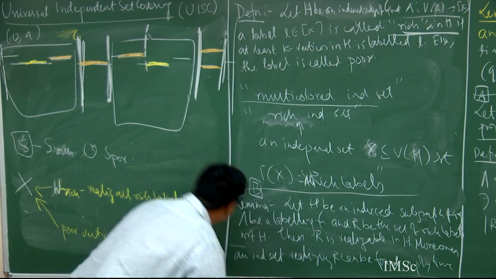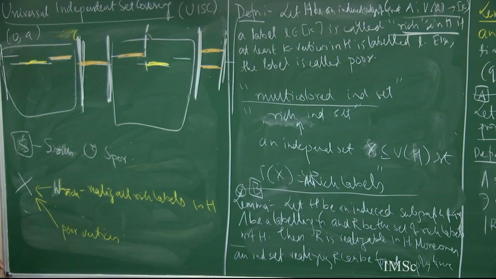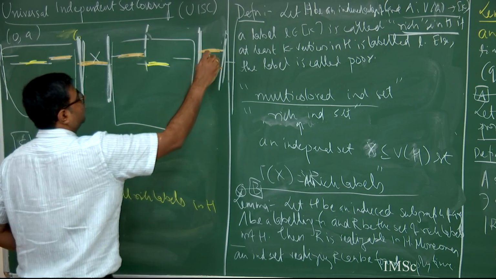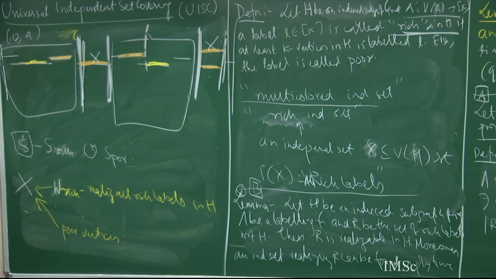But when I zoom into poor vertices of S, I only get this and this, which implies that if I do not look at this interval and only look at this interval, then I will lose this independent set, because this and this intersect, which I cannot do, right, because for the solution which you have in your